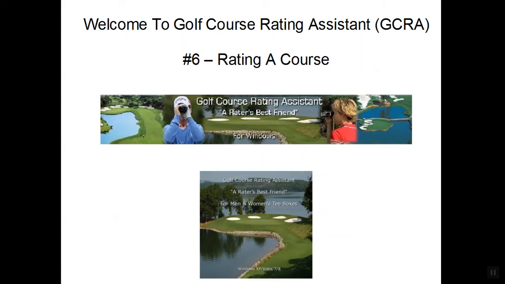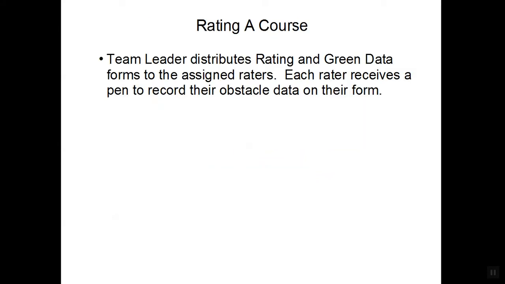This sixth video is just some notes on how to rate a course. First of all, the team leader distributes the rating and green data forms to assigned raters at the course. Each rater receives a pen to record their obstacle data on the form. This makes it a lot easier to read later on when the team leader has to enter the data into